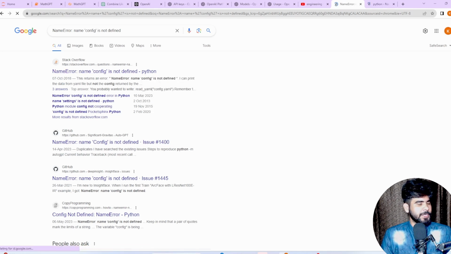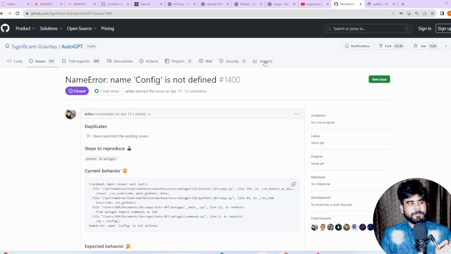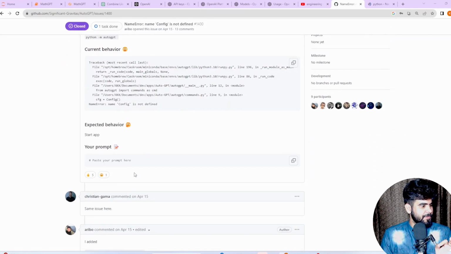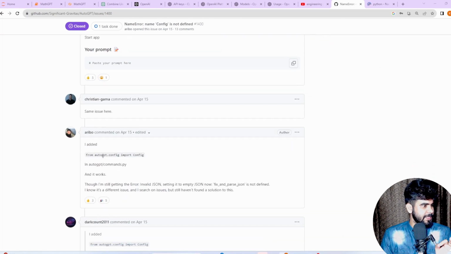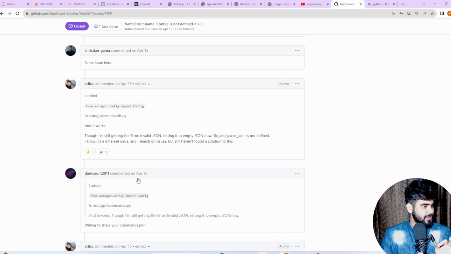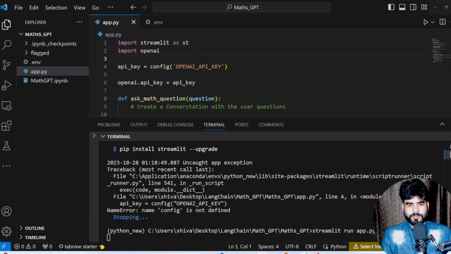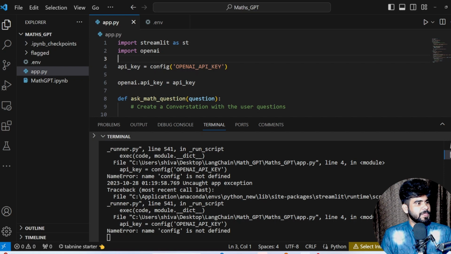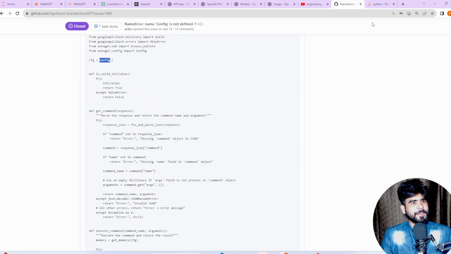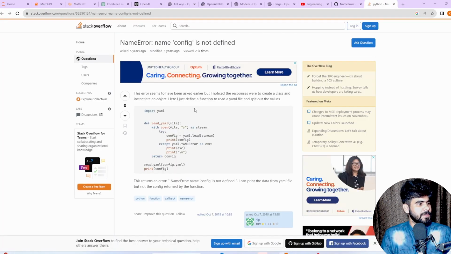Do I need to call something? Config is not defined. I added the config. No, this is not an issue. Auto GPT. Config is in lowercase, right? So config, yeah, this is fine. Let me debug something here.